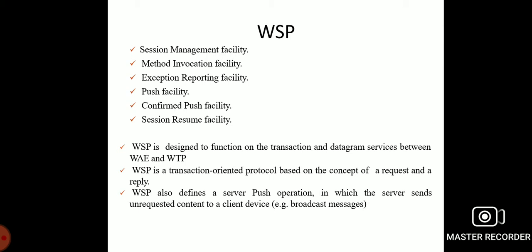Number one, Hypertext Transfer Protocol 1.1 functionality. The Wireless Session Protocol supports HTTP 1.1 functions such as extensible request and reply methods, composite objects, and server-to-client content type negotiation.